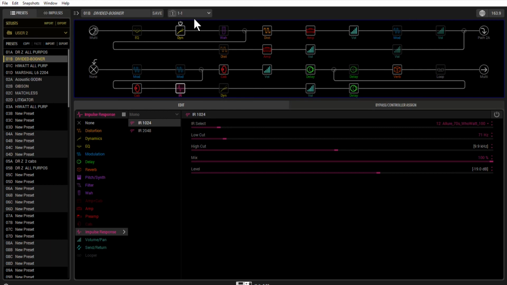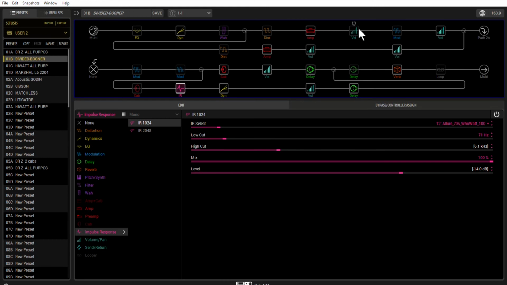This is the one little wrinkle in this, which I have to do with this particular amp and cabinet, because in this case, the Bogner doesn't have what I consider a great clean sound. And so I'm going to show you how I worked around that. I stay on the divided by 13 for the entire snapshot, both the rhythm and the lead. And the way I do that is